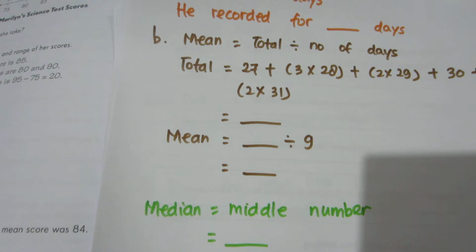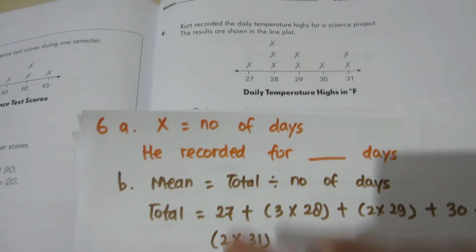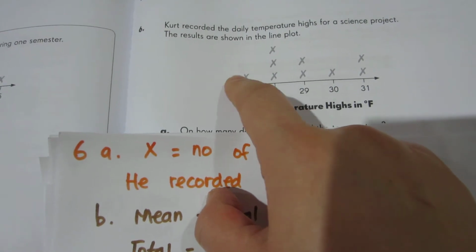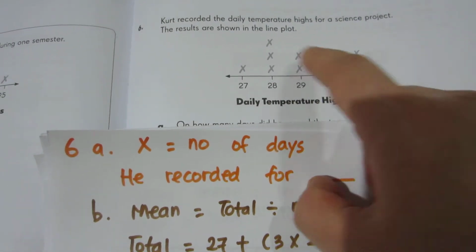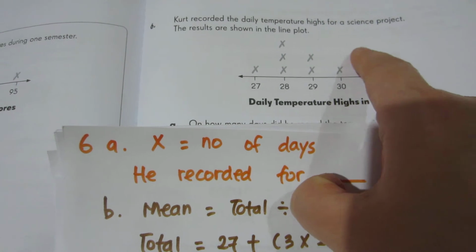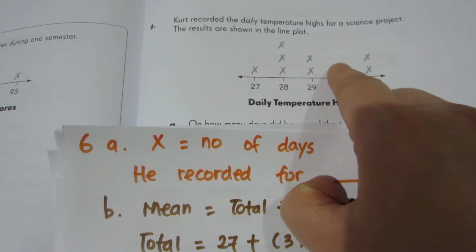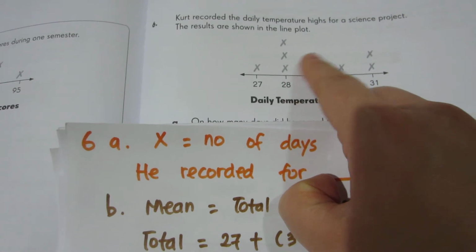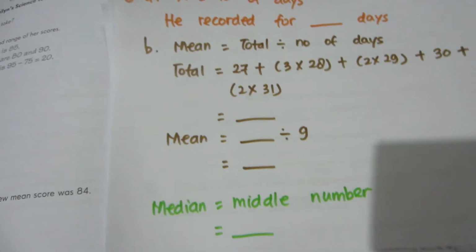Next, the middle number. You can find the middle number by circling it in the line plot. So the line leader with the caboose, second line leader with the second caboose, third line leader with the third caboose, and then you'll find the median or the middle numbers, which is supposed to be around here. Next,